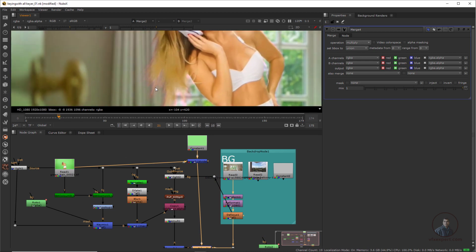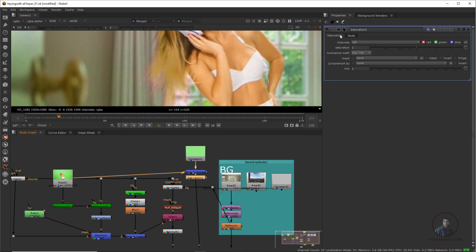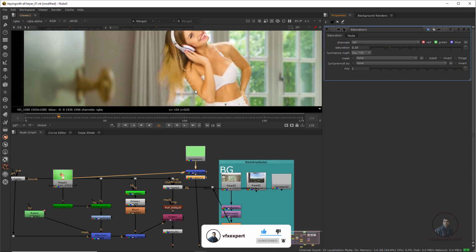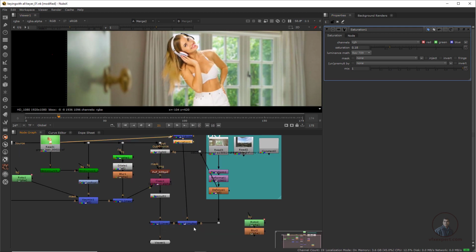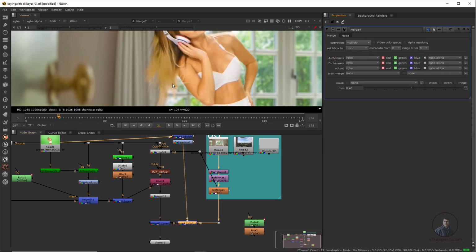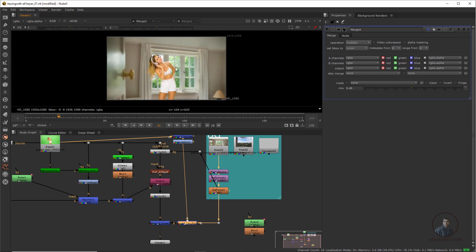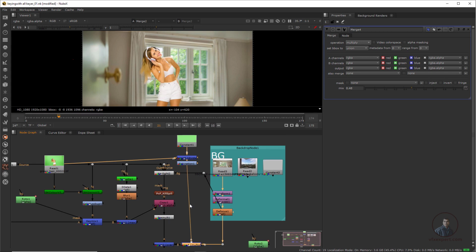And if you want to adjust this color, then after this divide, press Tab and type Saturation, and you can adjust the saturation value according to the requirement. So now I am getting all our details here, and even if you want, you can also adjust the mix value according to your requirement. So now I have also recovered a little bit of extra details. Now simply press F. Now finally, play and check.